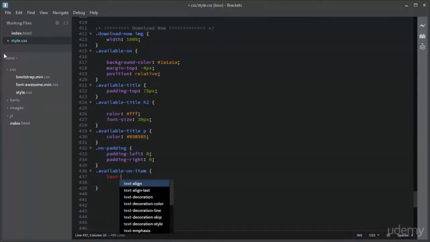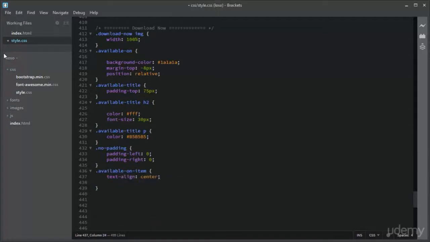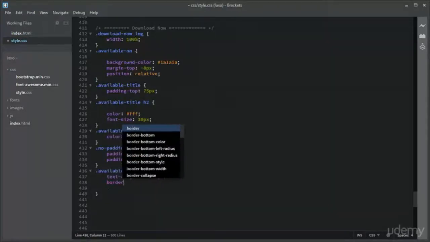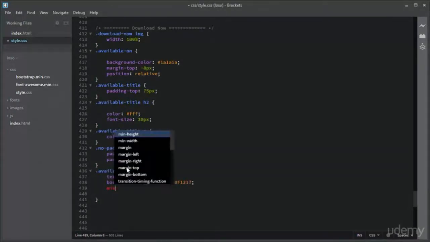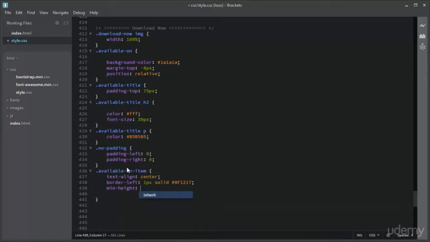The text alignment should be center, and okay, let us add some border left to these icons of 1 pixel solid with 0f1217, and minimum height should be, let us say, 230 pixel,